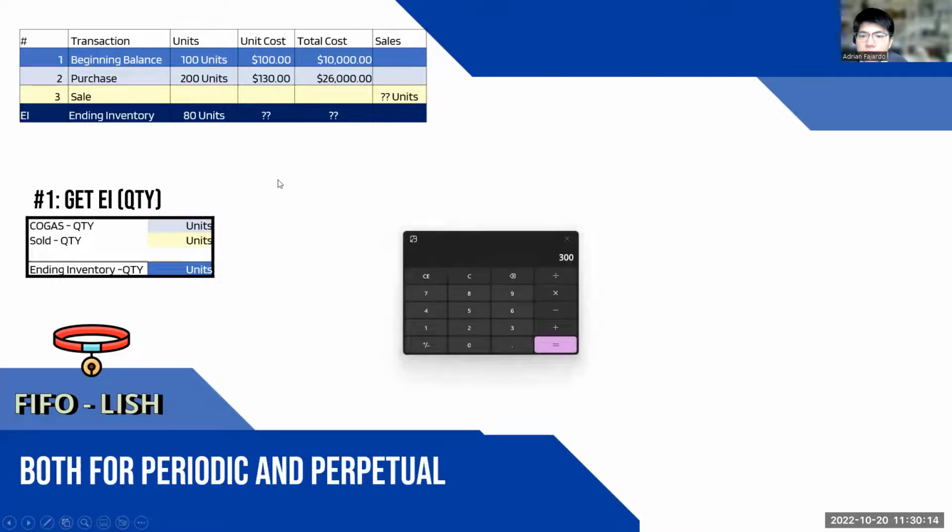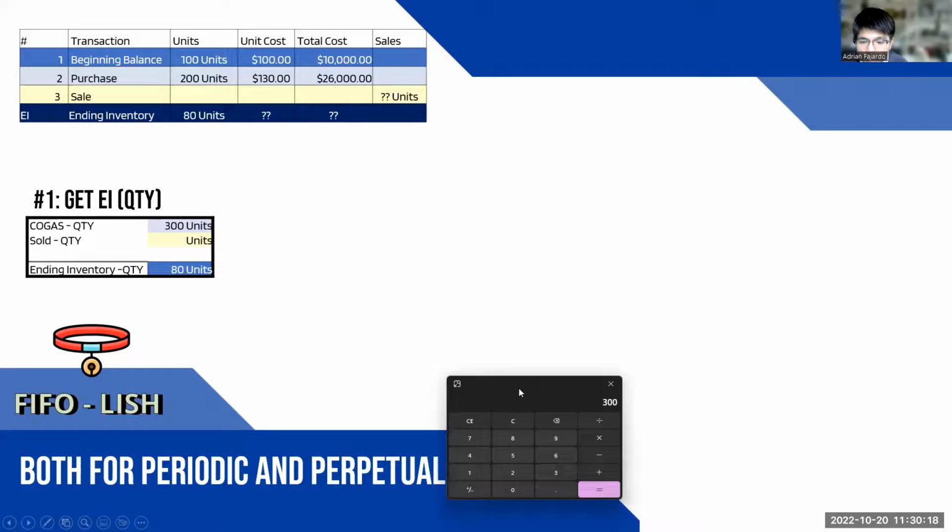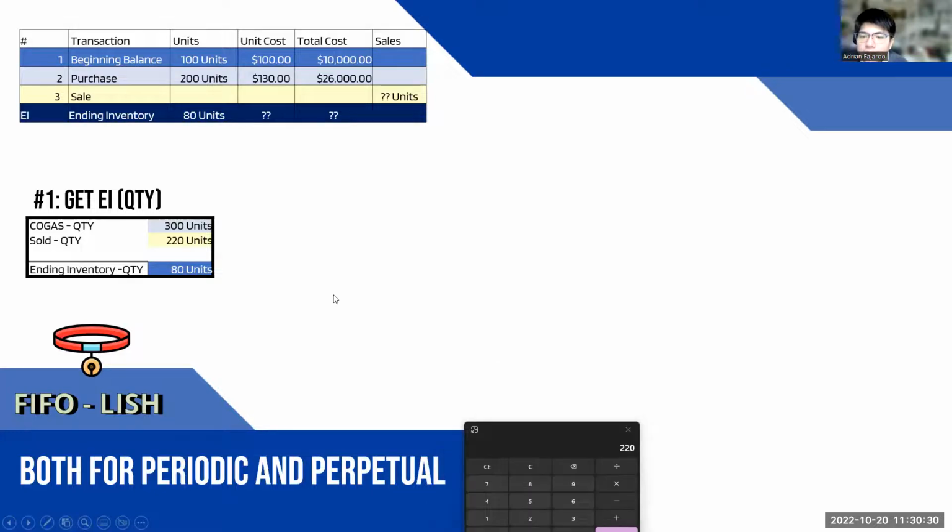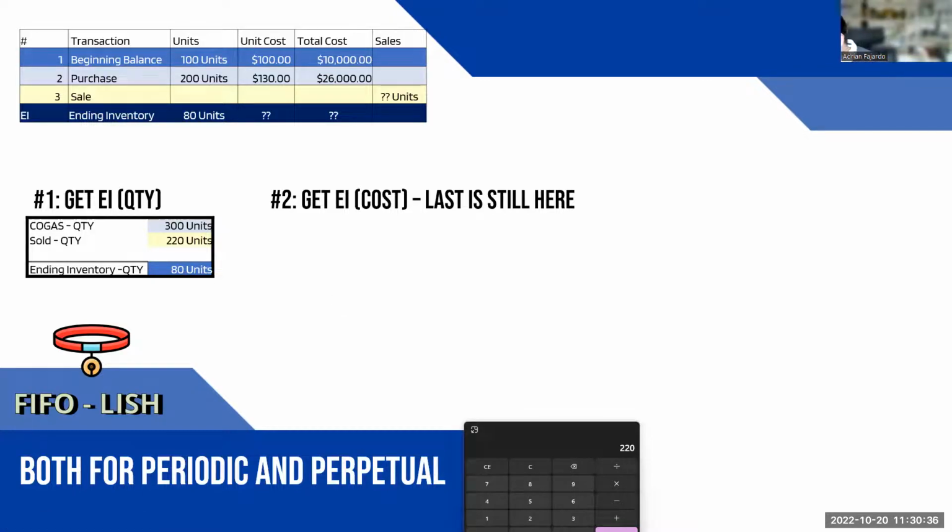So you'll have 300 na quantity. We know that the ending inventory is at 80. And therefore, kung 80 yung natira, I know that 300 minus 80, 220 units yung nabenta ko. Now that alam ko na yung ending inventory quantity,